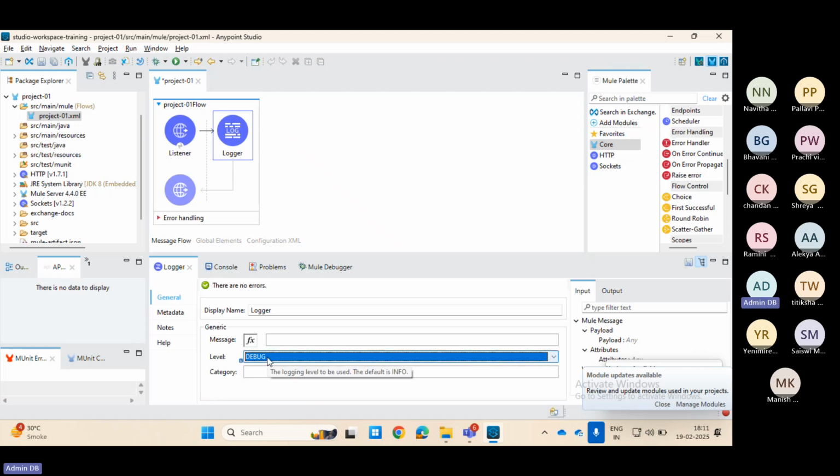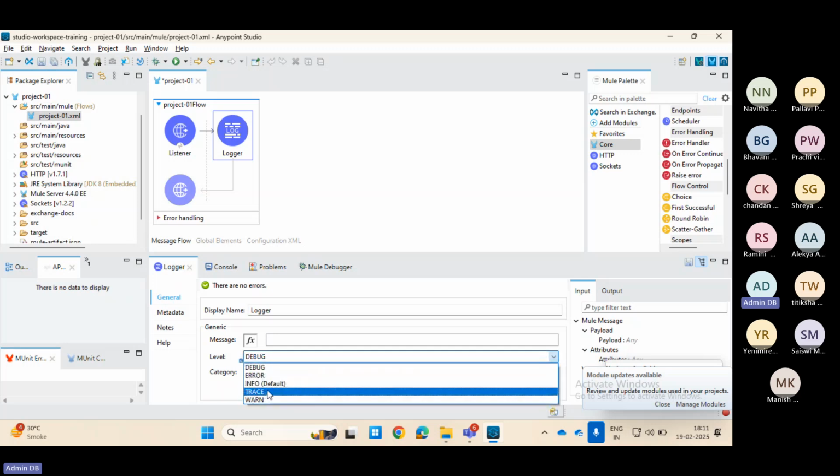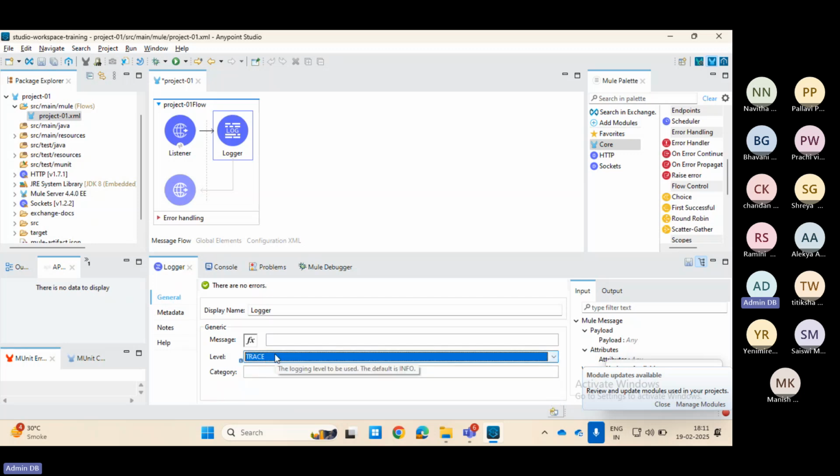Then we have trace log. We use trace log when we want the complete detail: for each component, it will give you a detailed analysis of what happened with that component and what all things were executed. Generally, whenever we have a production issue, at that time we enable the trace log. Ideally, we should not capture debug or trace log,